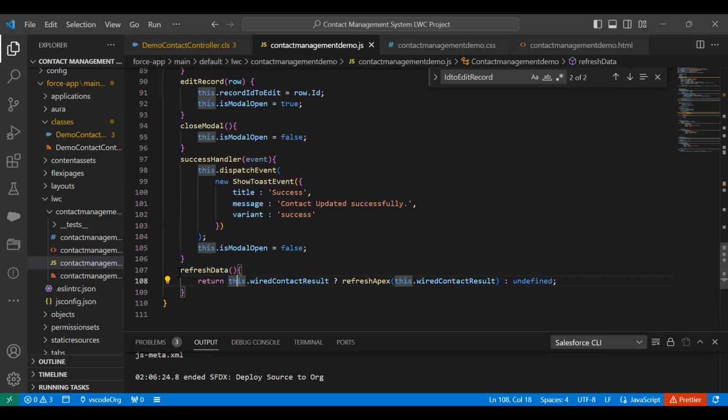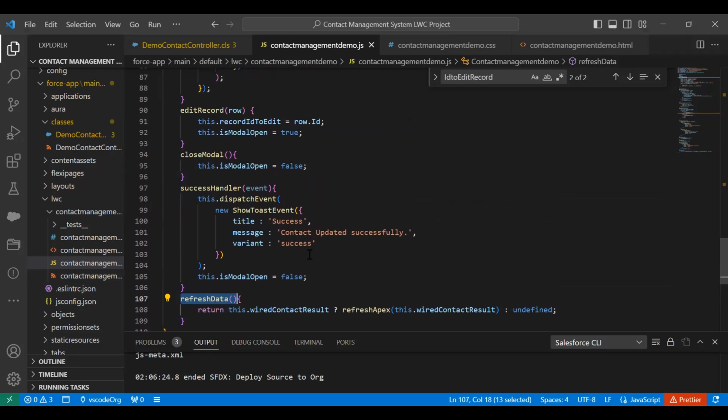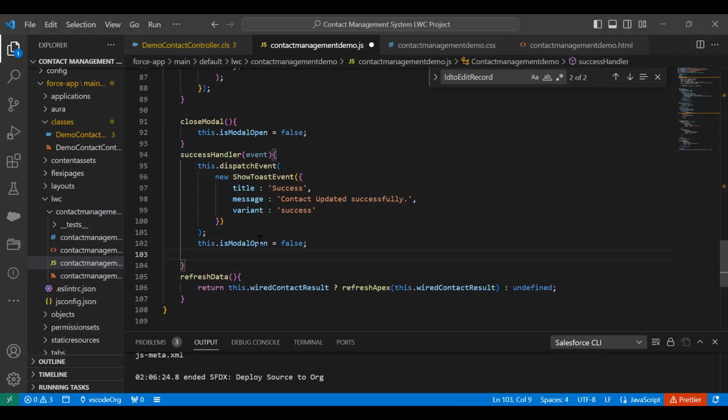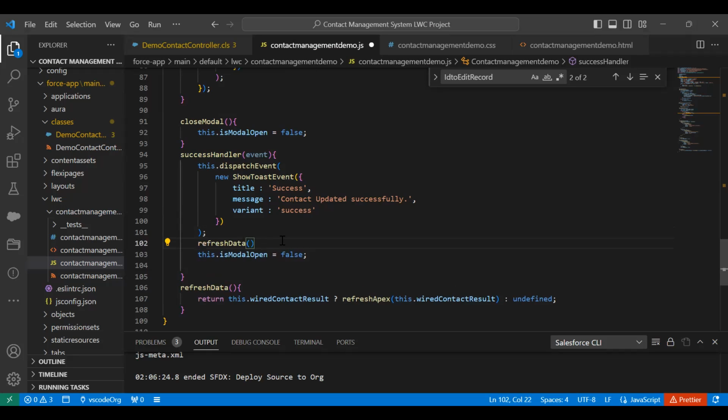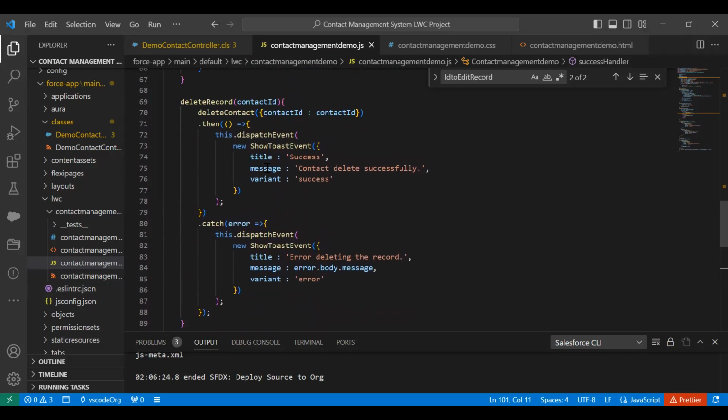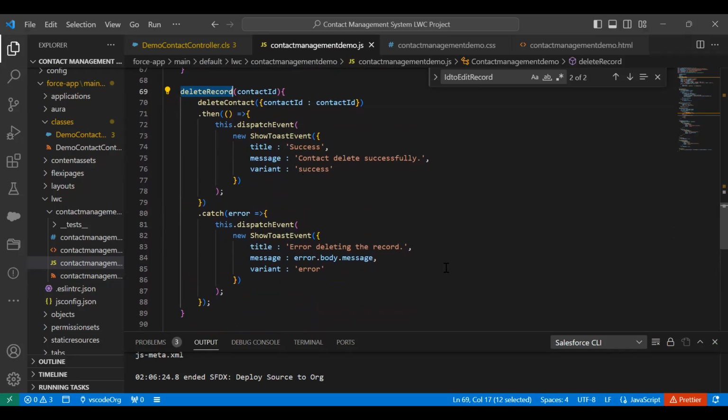Okay, so let me just copy this, and the success handler of the record edit form. Hold on, this record edit form modal is closed, and let's first display the, no, hold on. This is fine. Let me just go step by step. So delete the record. And once we show this message, this toast message,